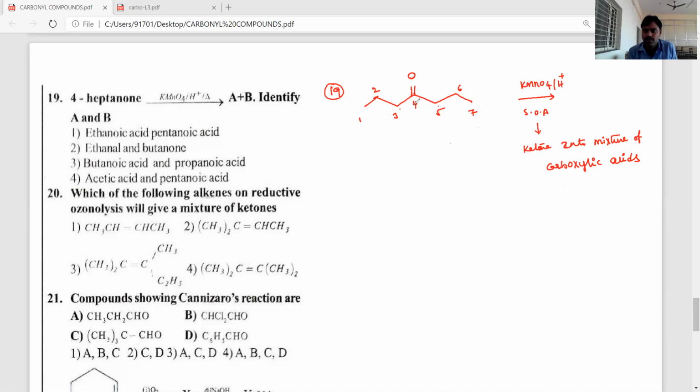Okay students, now according to the Pfaff rule, the C double bond O group's attached carbon, the side with more carbons, forms the carboxylic acid, and oxidation takes place there. However, the C double bond O group is in the middle. On the right side 3 carbon atoms are present, and on the left side also 3 carbons are present. So it can be oxidized on either the right side or the left side, and the acids produced are